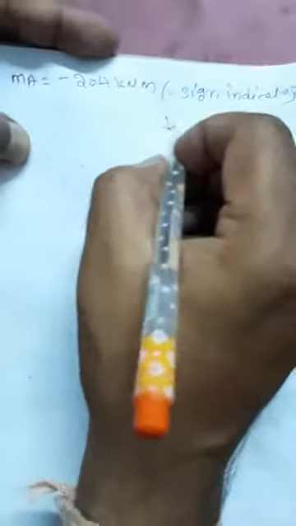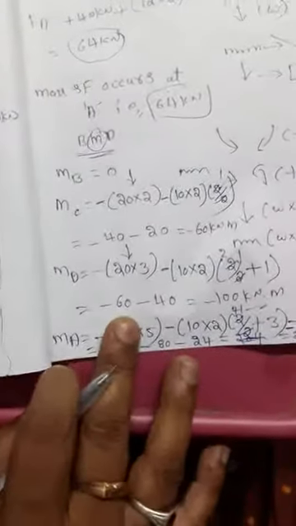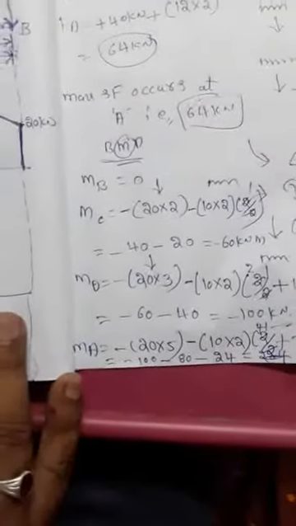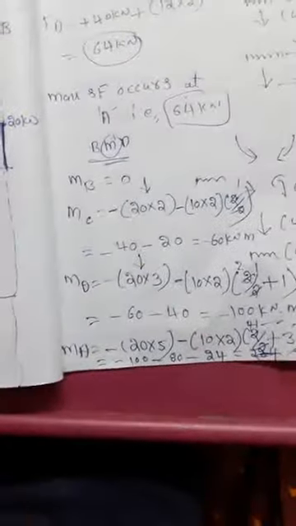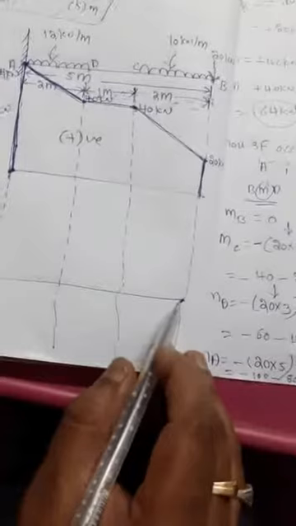Okay, so this minus sign indicates deflection is downward. Okay, so this is the problem. So after finding the bending moment values, you can draw through these values a graphical diagram, bending moment diagram. And for bending moment diagram, MB equal to 0. This is the SFD diagram, and this is the BMD diagram. And MB equal to 0.